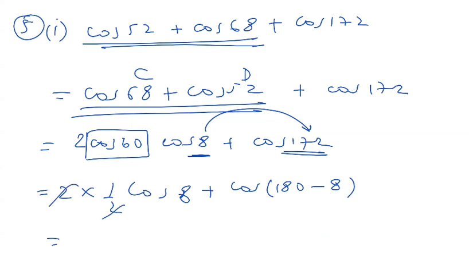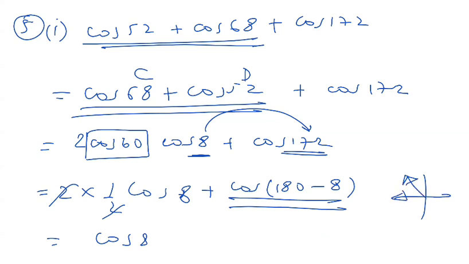So this and this is gone. So cos 8. Cos 180 minus 8 is minus cos 8. Okay. So this is going to be 0. Fine. Then